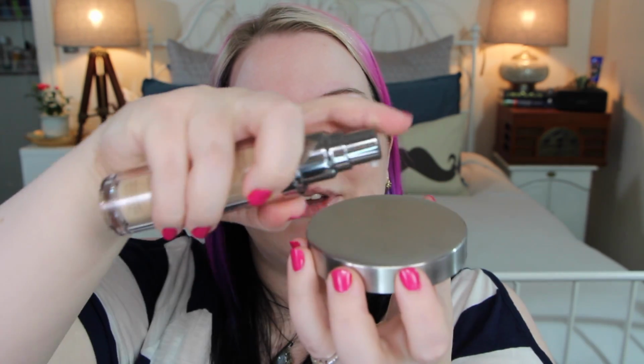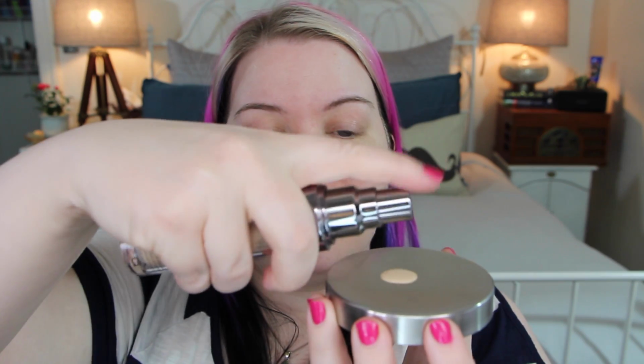Now after all this hullabaloo, let me show you how I do my foundation. So I'm going to go ahead and mix the shades of the Naked Skin Foundation, because I found that the 0.5 was too light and the number 1 was too deep, so I mix them. I take a little Q-tip and I mix them together like so, and then I let that sit for about